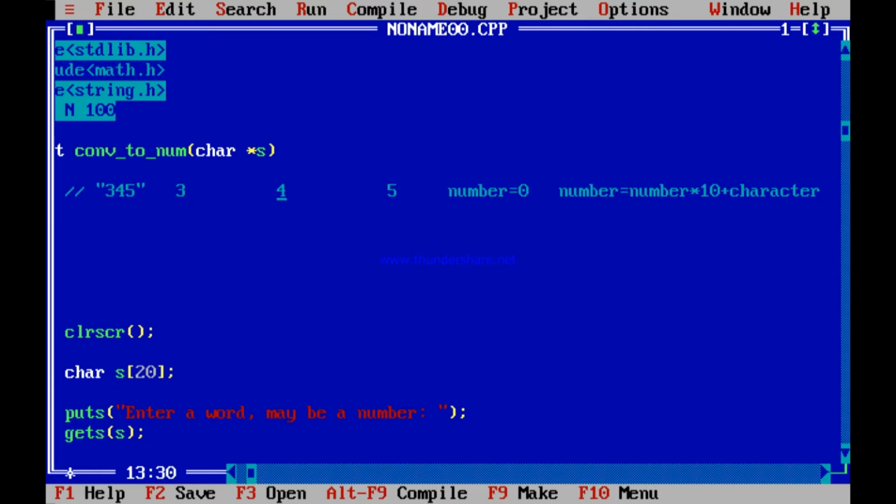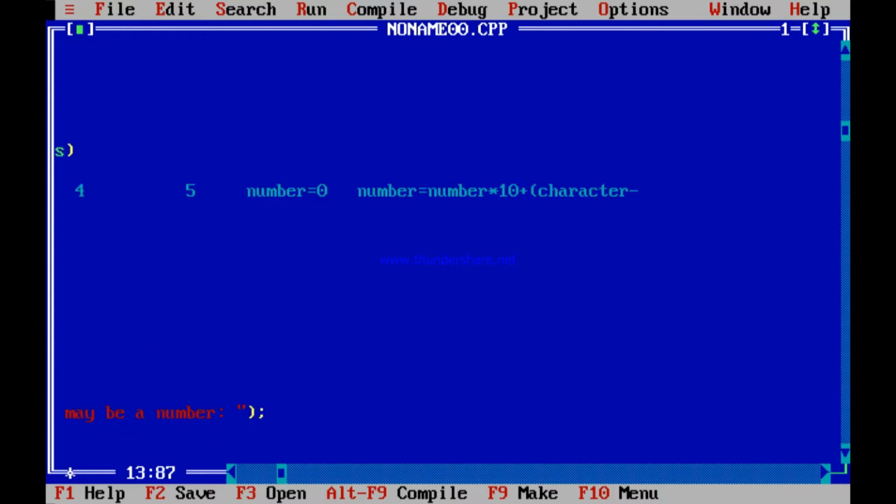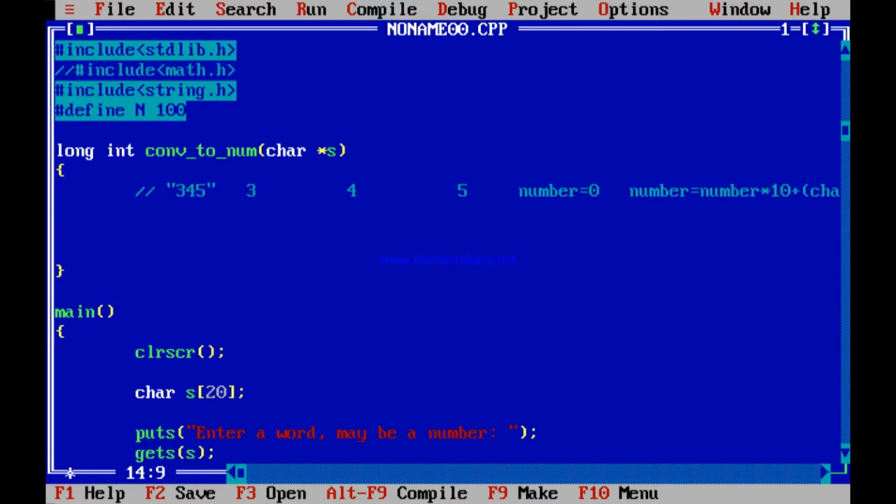So definitely the character that you scan, if you subtract 48 from it, you get the number from that ASCII. The ASCII is say 48, 48 minus 48 is 0. Similarly, if the character is 1, then the ASCII is 49, 49 minus 48 is 1. Then you get that. I think you understand. It's quite easy. So the program is like this.